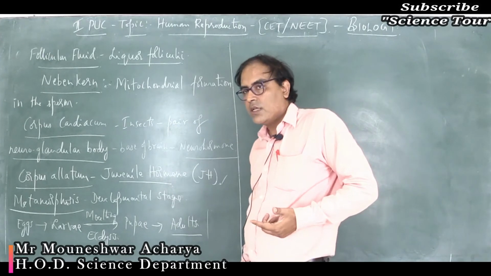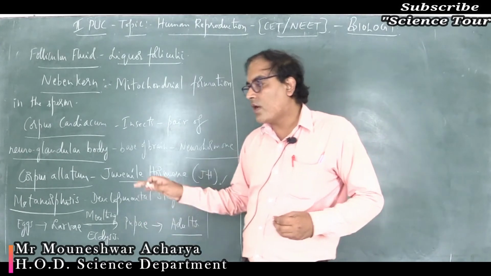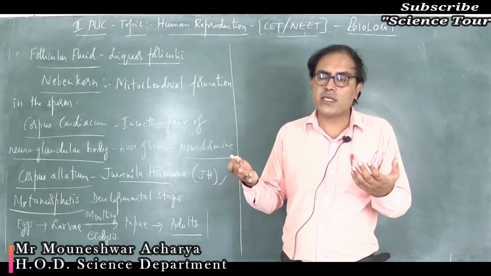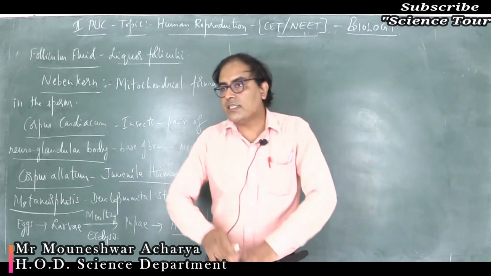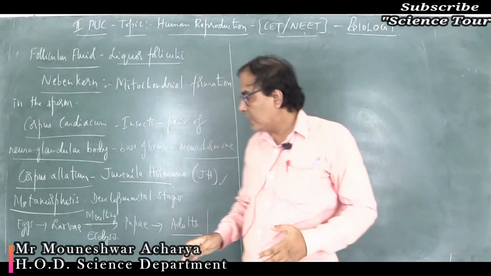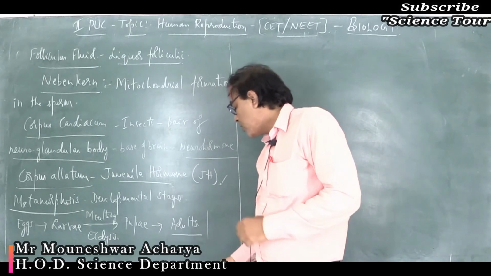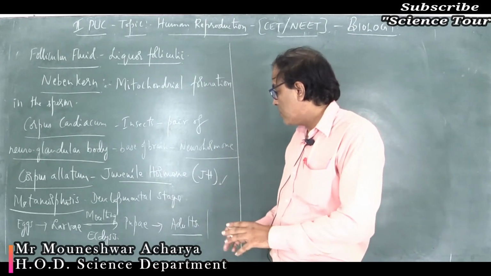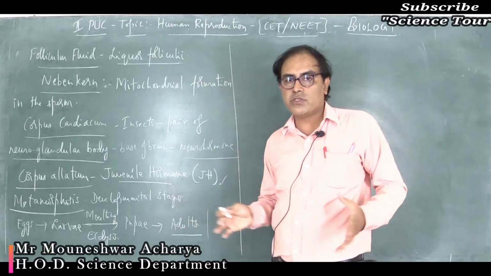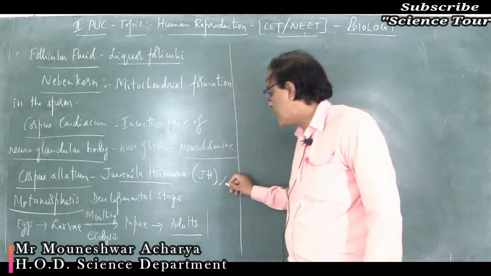Like in humans, there is a growth hormone. Undersecretion of growth hormone causes dwarfism, the person will be abnormally short. And if there is oversecretion of the growth hormone, then it causes gigantism. That means the person will be abnormally very tall. Like that only in case of insects, if this juvenile hormone is produced in less amount, you will get miniature insects. And if the insects have this hormone in large amount, they get gigantism. That means very bulky insects are formed. So that is the function of this juvenile hormone.